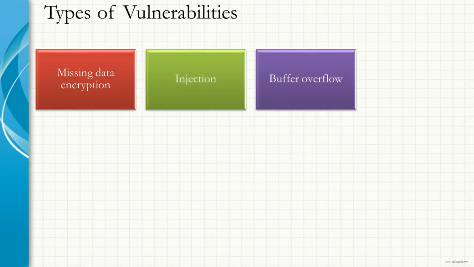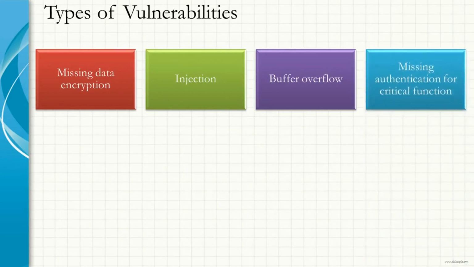Next one is buffer overflow. The attacker sends data outside the limit to a program which leads to stack overflow. Hence, information in the stack is overwritten. The data that was sent by an attacker sets the value of the return pointer to malicious code sent by the attacker's data.